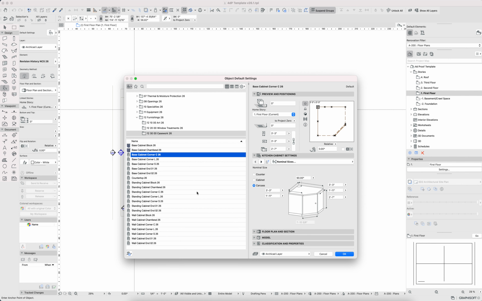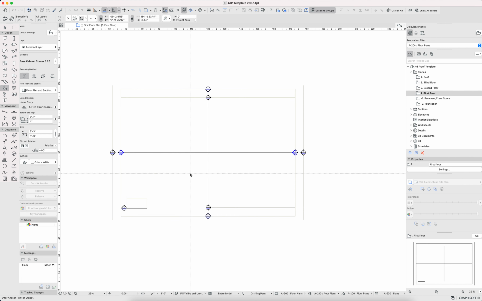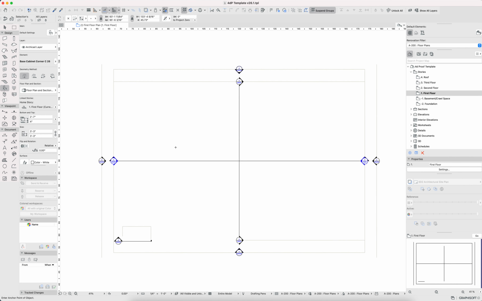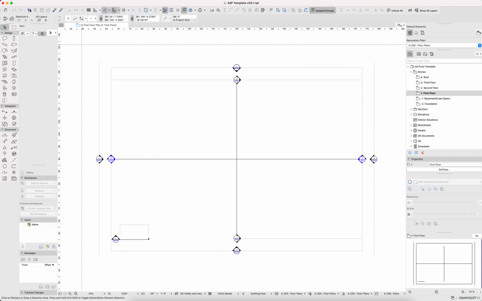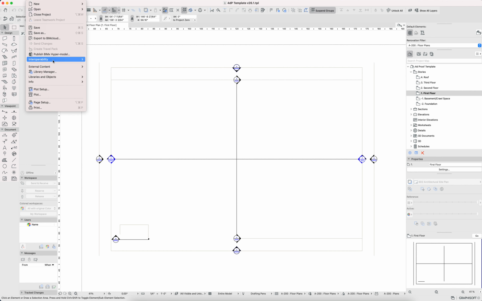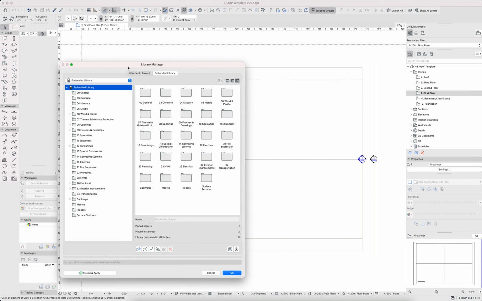So working from the out-of-the-box defaults is important, but also sort of tailoring it to organizational and company and project type needs. I work a lot on residential scale projects, so that's what I've kind of focused on with my template here. If we start with the library manager, this is the first thing that I did: